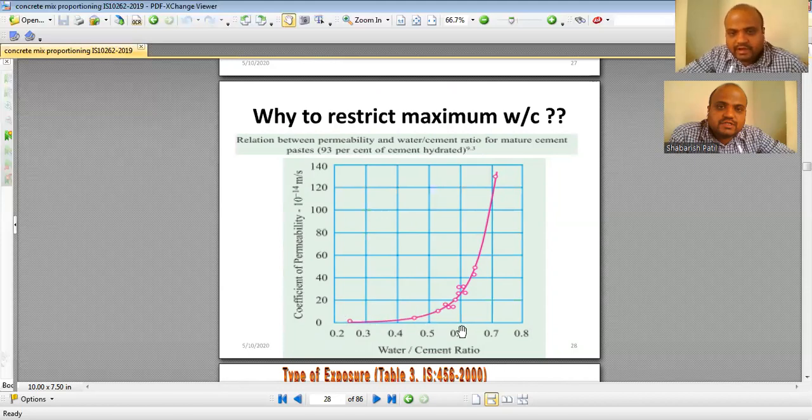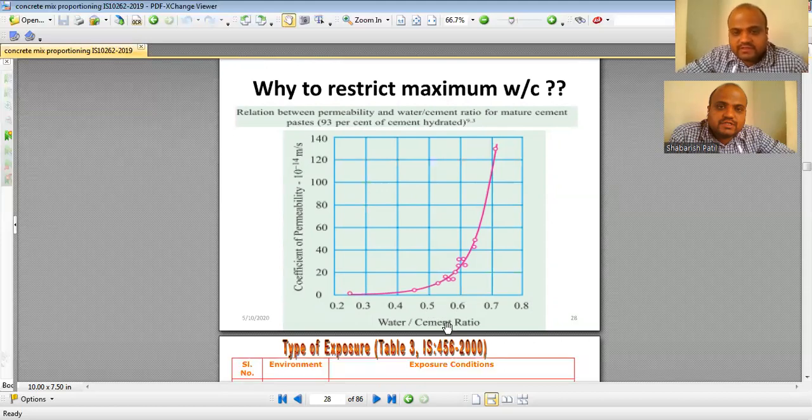And above 0.5, look at the variation, it is exponential. Okay, so the variation of permeability is exponential after a water cement ratio of 0.5. Because of this reason, IS code restricts water cement ratio. We have a maximum restriction on the water cement ratio. We can use any value which is lower than that value as far as water cement ratio is concerned.